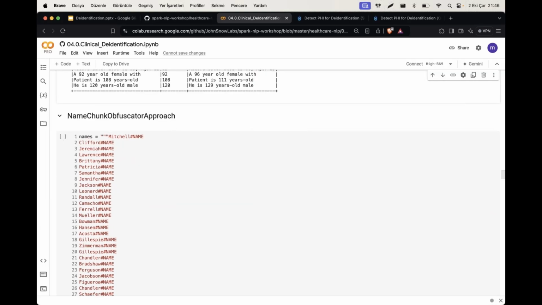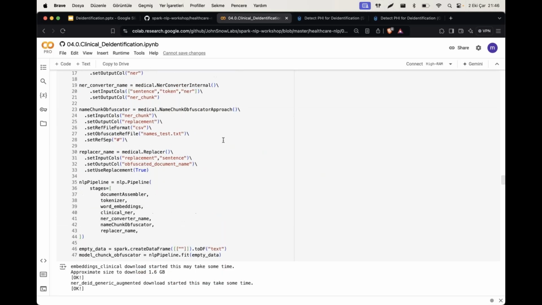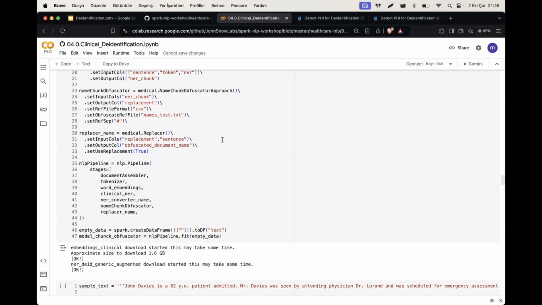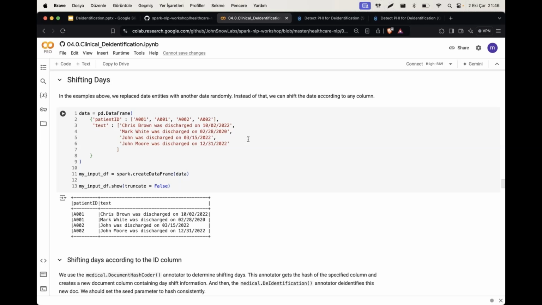Name chunk obfuscator approach, you can check this by yourself, and this helps to improve the accuracy of the name obfuscation, okay? And for the date shifting,